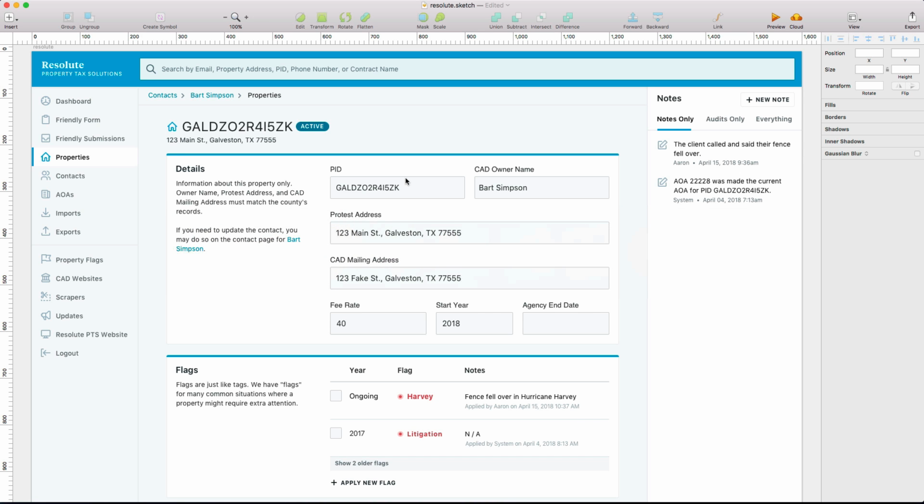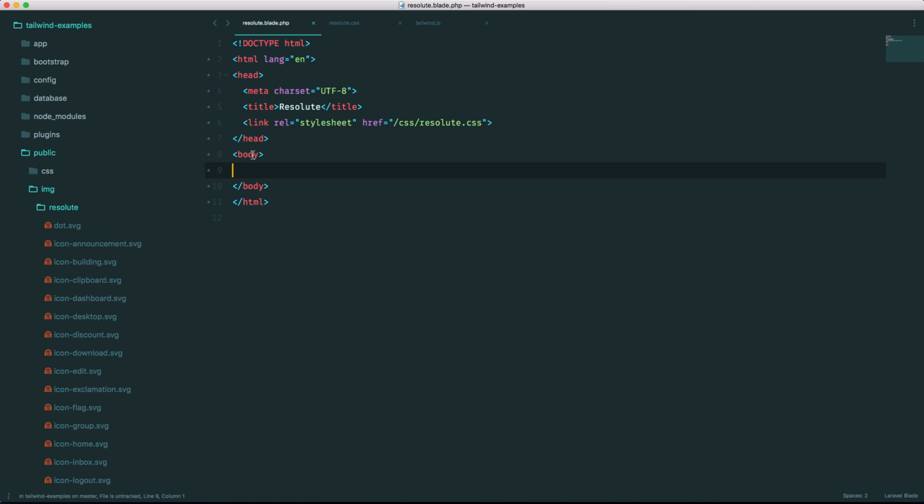Alright, I like to start with the background color and the fonts. So the background color is a very light gray, and the font is just the default system font, which Steve decided on in his video. So let's go ahead and start with that. So body,